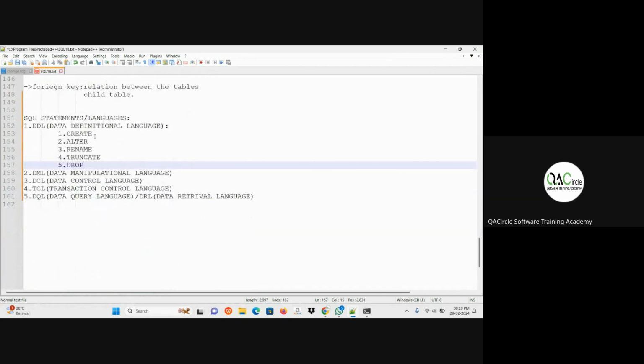These are all the statements that come under DDL. DDL full form is data definitional language.